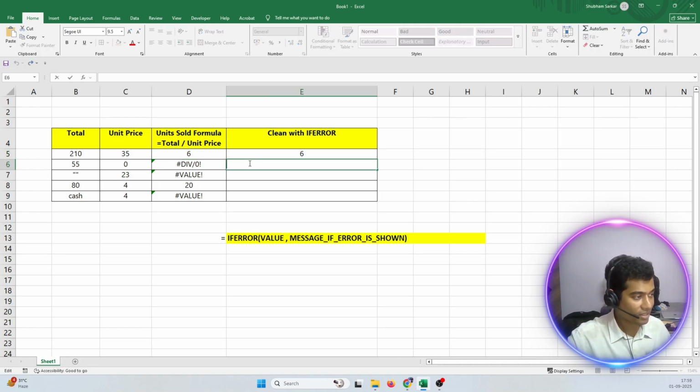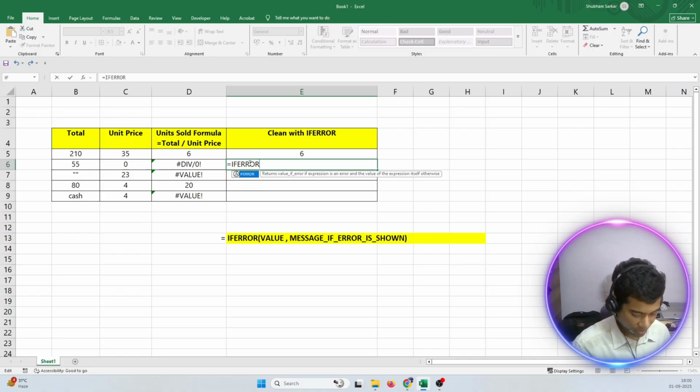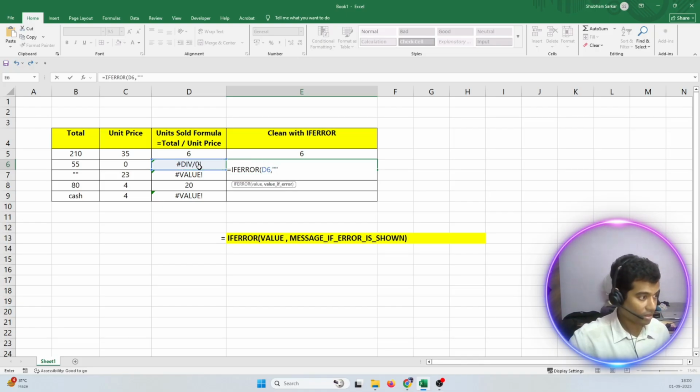Now for the second row, we will do the same thing. IFERROR, open and close parenthesis, and the value we take is D6, the cell number, and then we write the same thing: Error due to data issue.